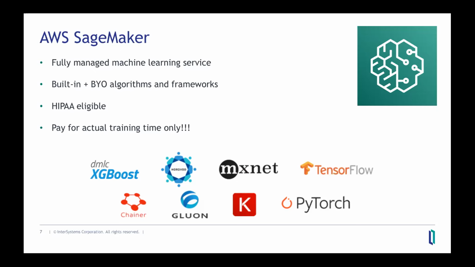What's probably the most important thing that you need to know about SageMaker is that in SageMaker, you pay for actual training time only. You don't pay for these really expensive GPU-powered instances while you're staring at your code and trying to figure out where in your Python code you made a typo or mistake, right? The instances are provisioned on demand, and they're running for as long as your model needs to be trained. As soon as training is done, instances shut down and you're not incurring any additional costs, right?